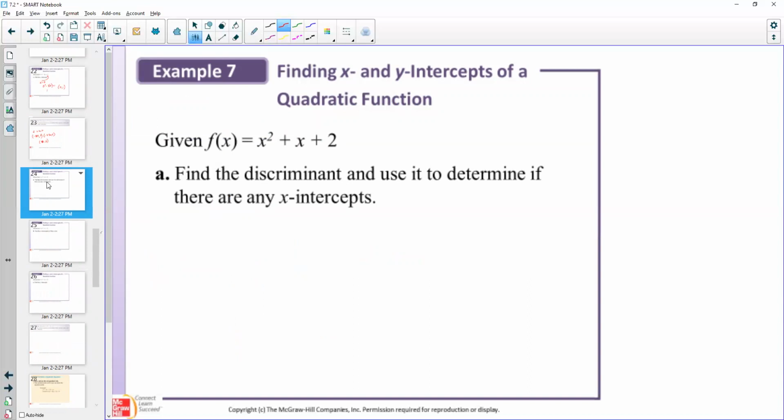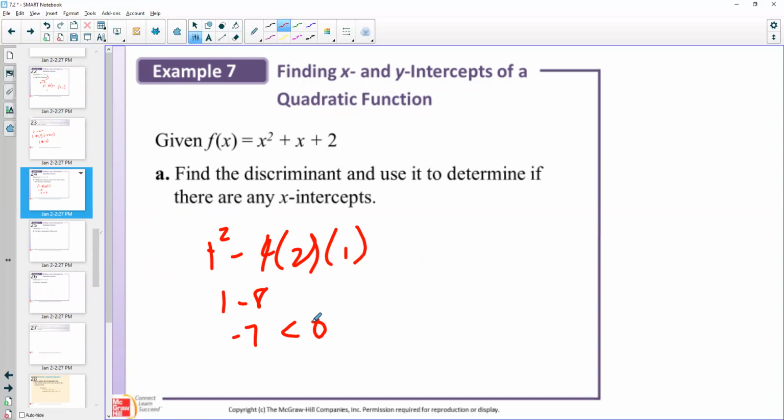This is another example. Use the discriminant to determine if there are x-intercepts. So let's see. Negative b squared is 1 squared minus 4 times 2 times 1. 1 minus 8 is negative 7. Negative 7 is less than 0,